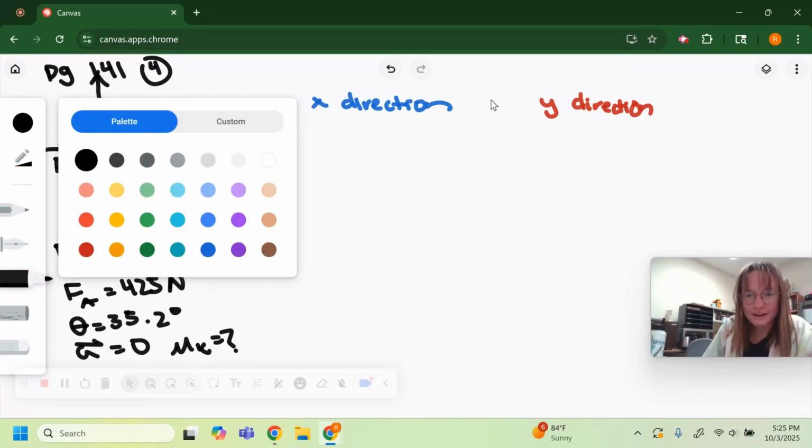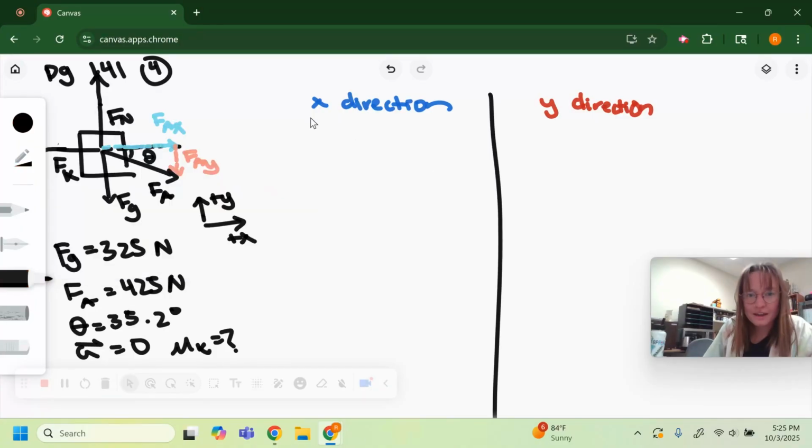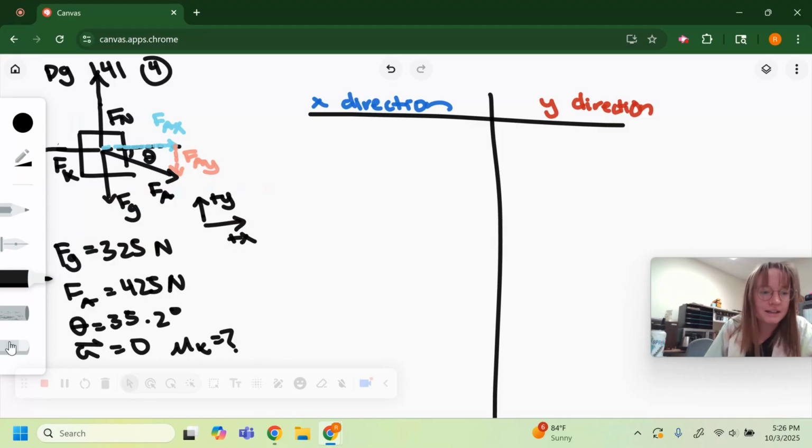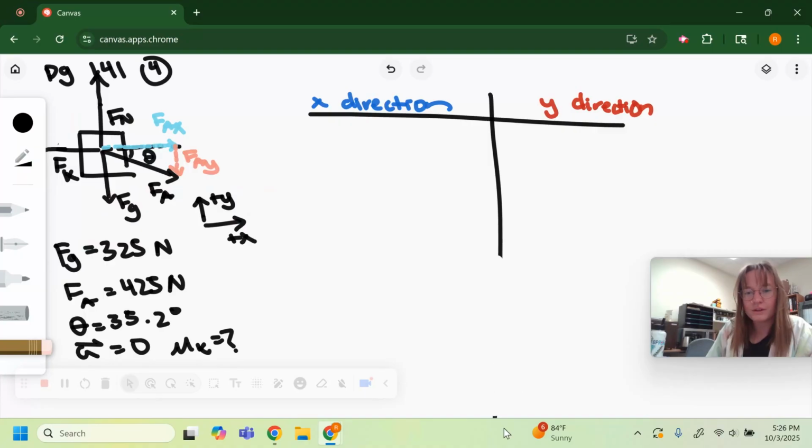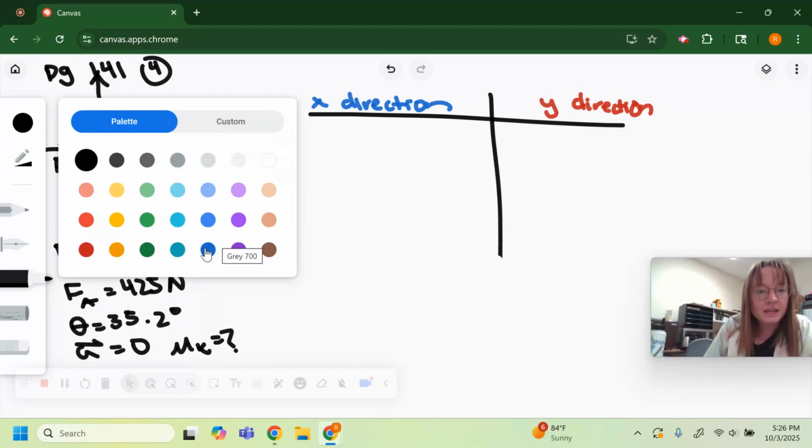Okay, here we go. We divide it up like this. Actually, that's way too long, so I'm going to trim that down a little bit. Okay. Sorry, everyone. Now, we'll start by writing a net force equation in the x direction. In the x direction, my net force,